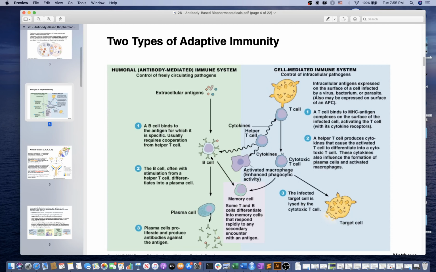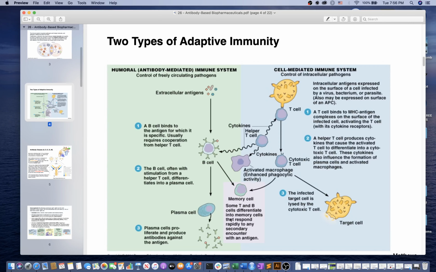So that's from B cells. These antibodies bind something outside the membrane, but the T cell is more for the intracellular pathogen, just like the virus. This one is like the virus before